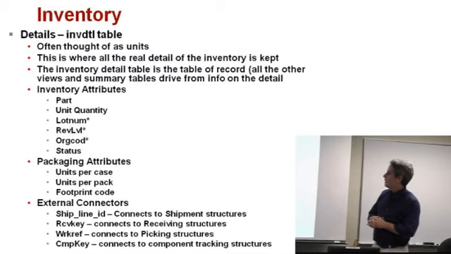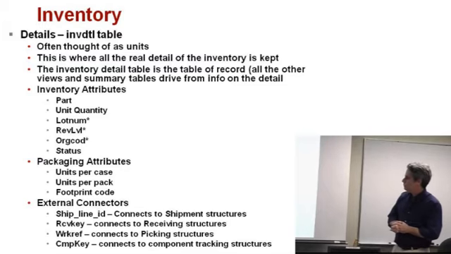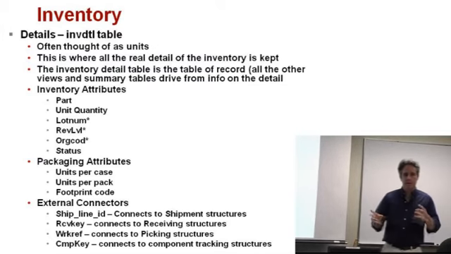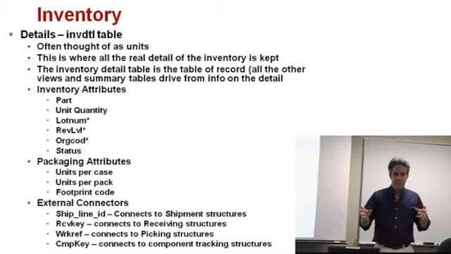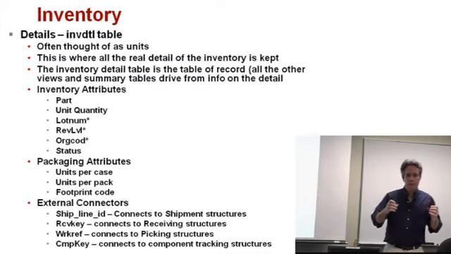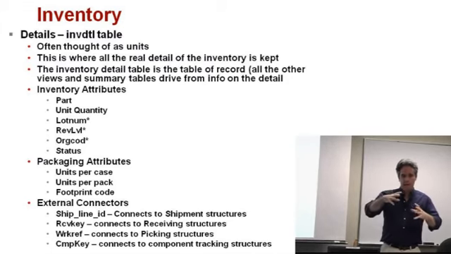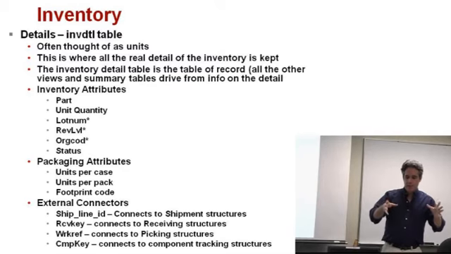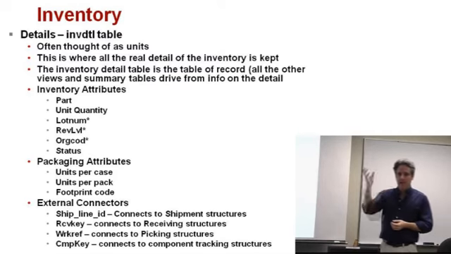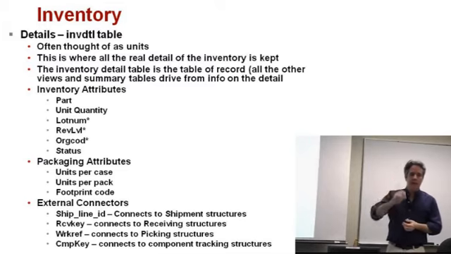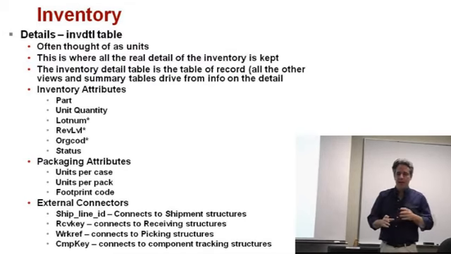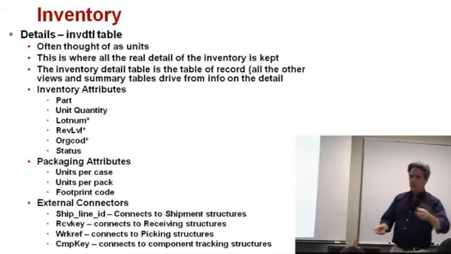Packaging attributes: units per case, pack, and the footprint code. Footprint code allows us to set up a default footprint, so case dimensions, size of the pallet stuff, on a SKU by SKU basis. But that is materialized and put forever onto the inventory details, so that if somebody goes and changes the footprint for other stuff that's coming in with that same footprint code,